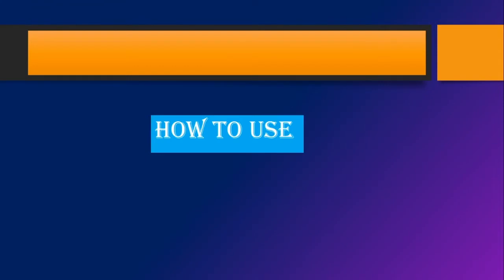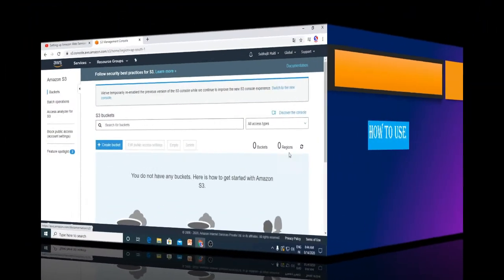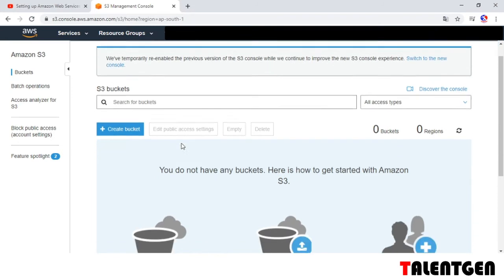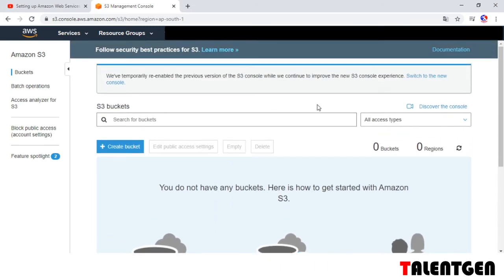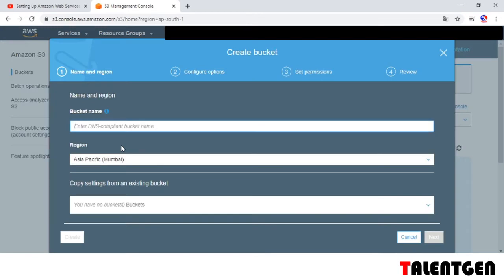Coming to how to use a bucket, or how to create a bucket in the AWS S3 service. Open the Amazon S3 service. First of all, we need to create one bucket in a region. Click on the create bucket option and type your DNS compatible bucket name.